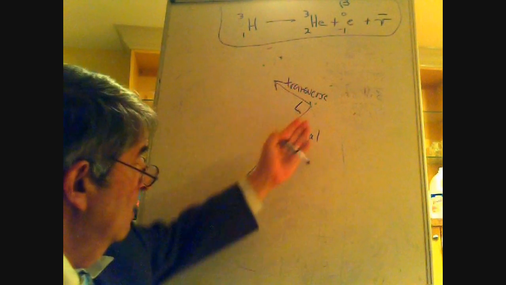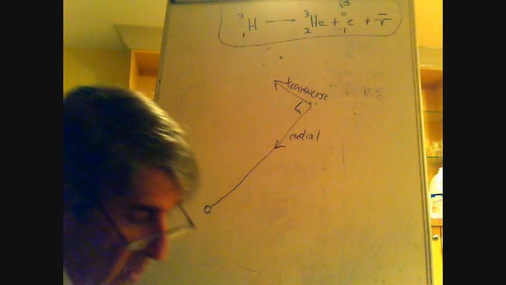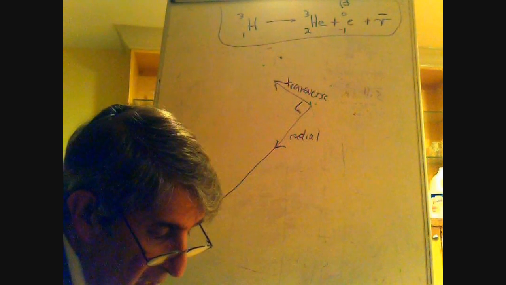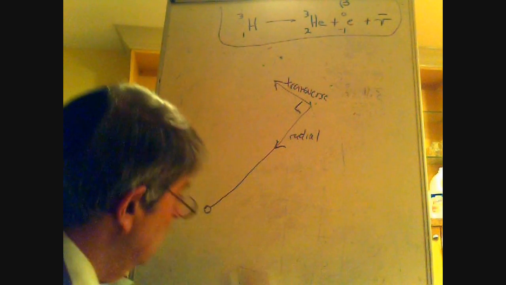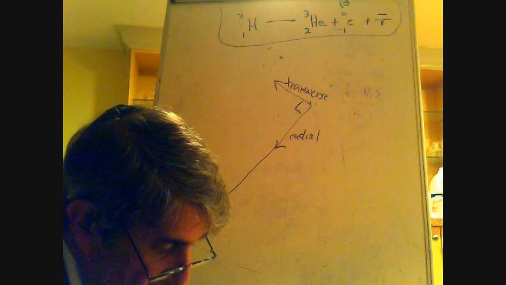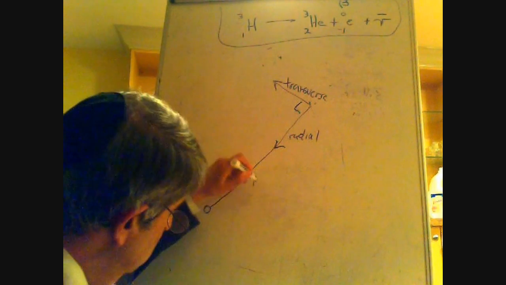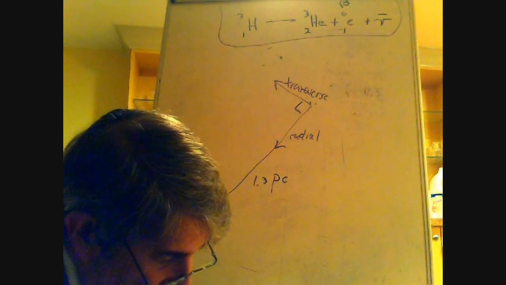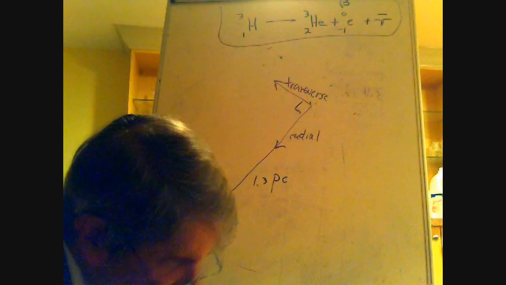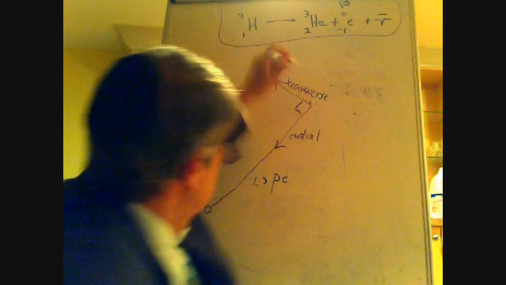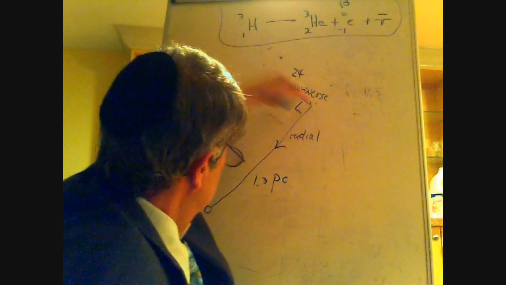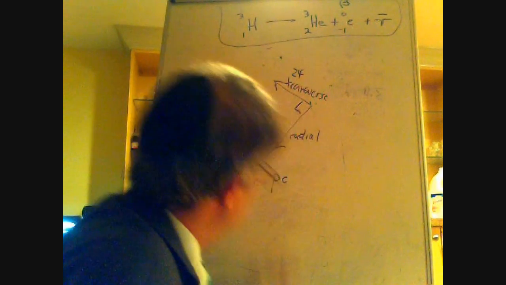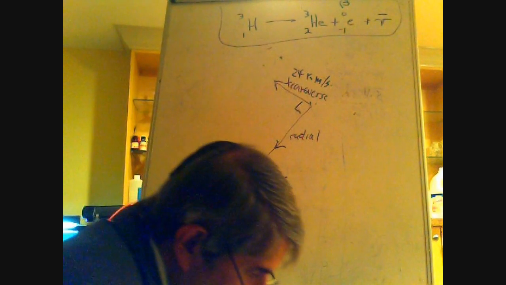Because remember, any motion in this direction is going to produce a Doppler shift of the light. So I can use that to find the radial velocity, and I know what the distance is, at least in this direction. It's 1.3 parsecs. If I look at the transverse velocity, and that's what I can directly measure just by how this appears to be moving in this direction, it's 24 kilometers per second, and the radial I said was 20